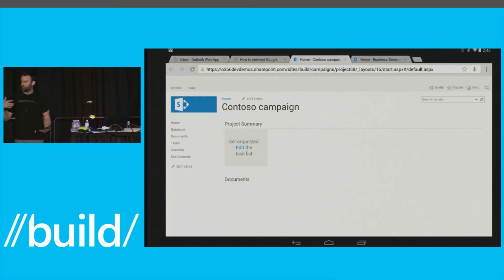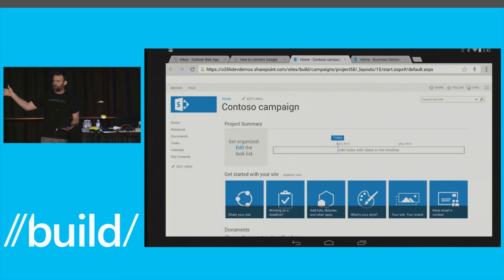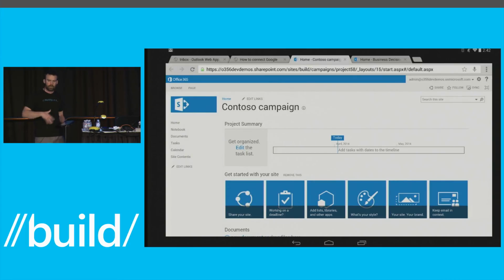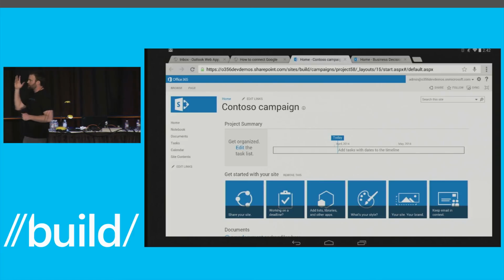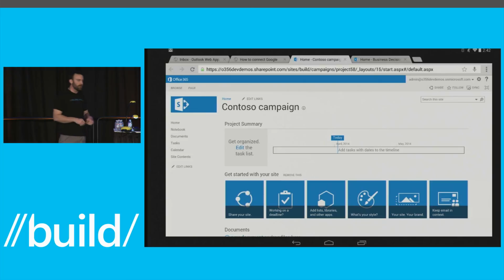There's a set of APIs that it called in SharePoint that automatically provision a new site for that campaign. It has a document library, it has a project timeline that it can go and do. And so all of that was tied together. So you have this one solution that is tying together these different devices, Outlook, and SharePoint, all to achieve that overall goal of helping these people collaborate, work together to manage these set of campaigns.